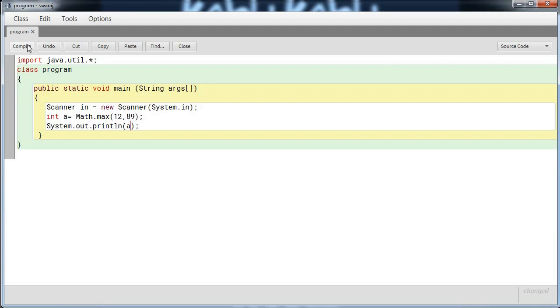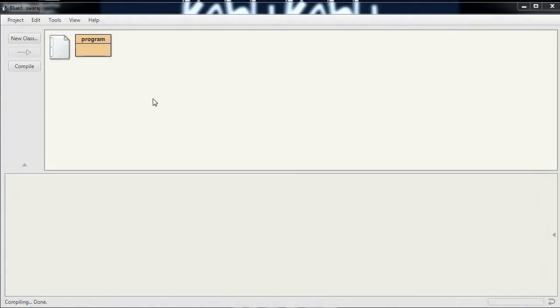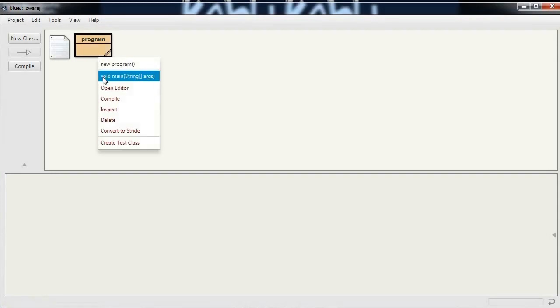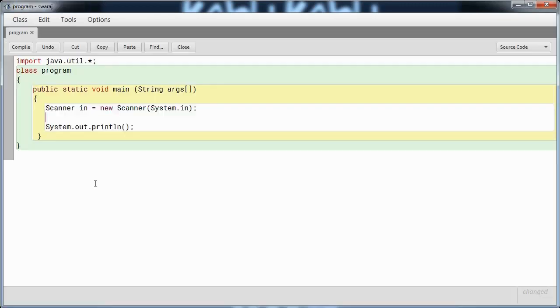Let's compile this. As you can see, there is no syntax error. Now we will try to run the program. See, the system has given us the output as 89 because the system compared both the integers. The ASCII code of the greatest integer will be more, so the system basically checked the ASCII codes and the one with the greatest ASCII code was given as the output.